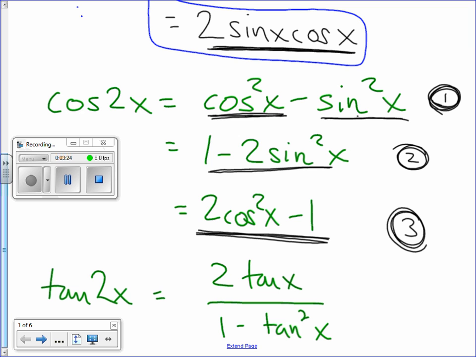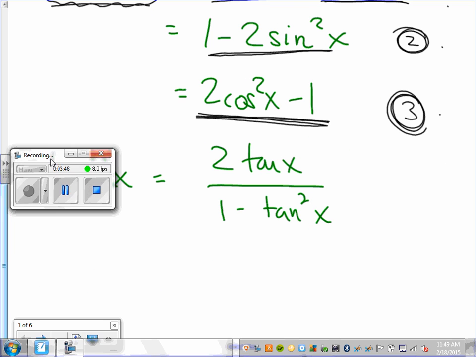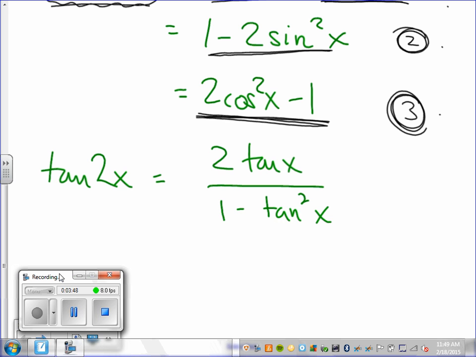So these three different expressions are equivalent. All of them are equivalent to cosine of 2x, which complicates things because when this is involved in a proof, I have to be thinking about which one of these 3 options makes the most sense to use. Tangent of 2x, you can see here at the bottom, only has 1 representation. Make sure you're writing these down in your notes as you go forward so you know how to incorporate